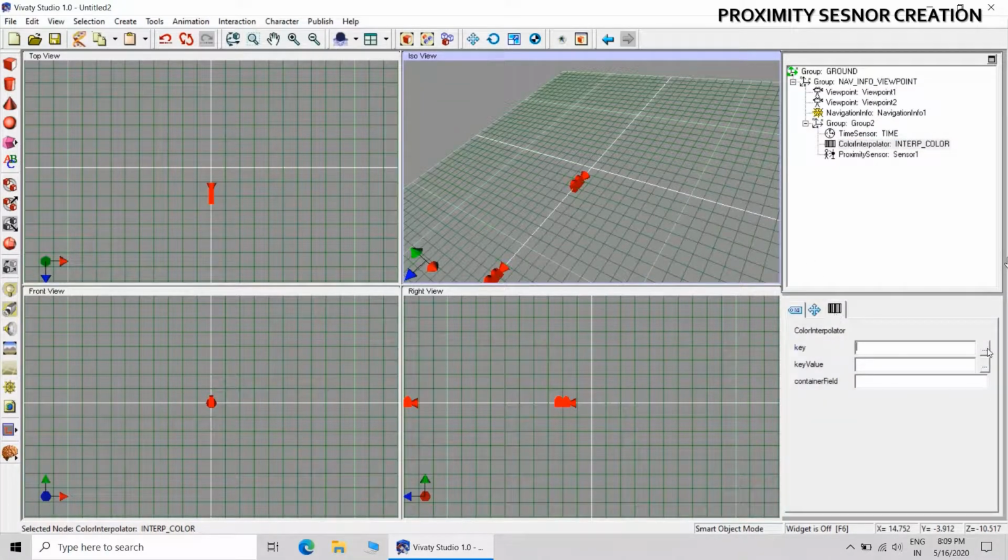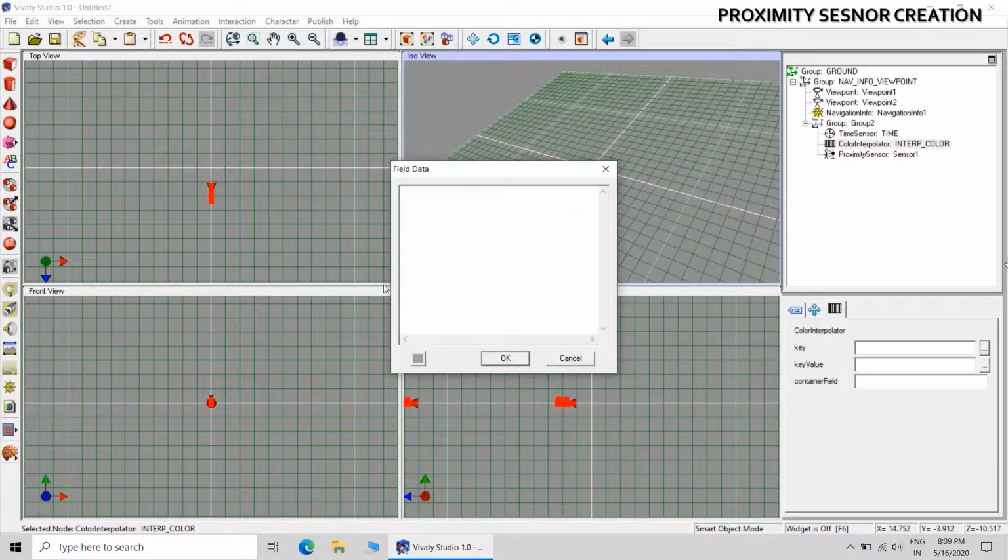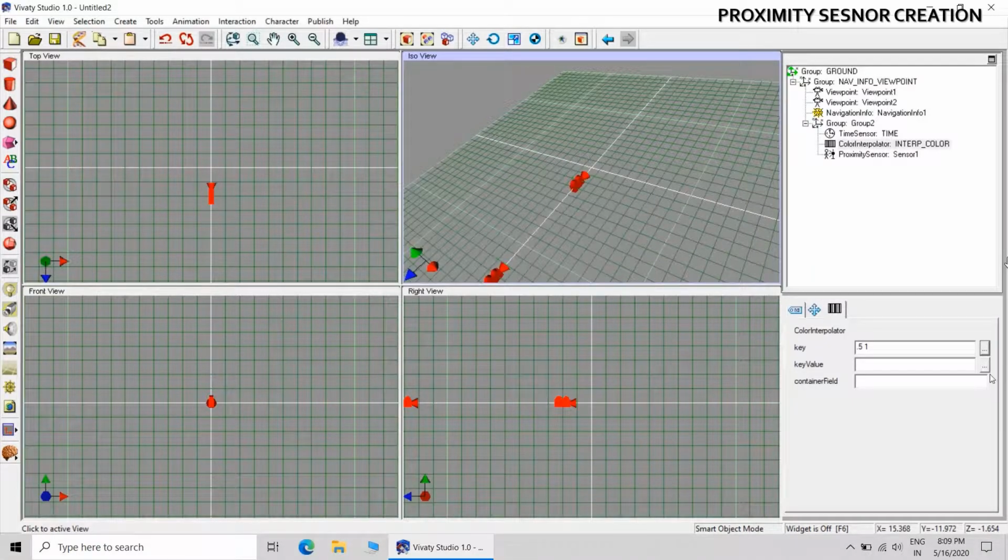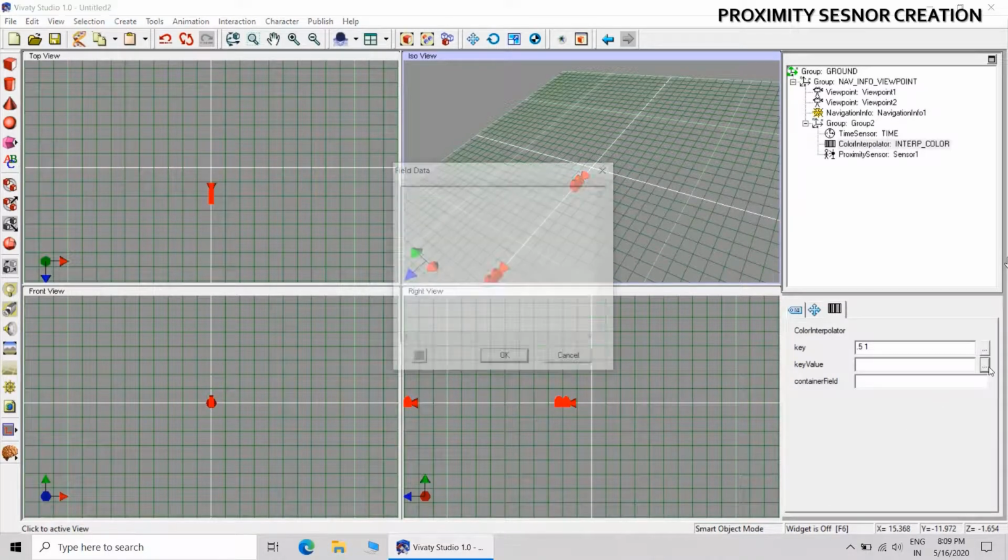Then key value will be 0.5 and 1. So it means that at every 0, 0.5 and 1 second there will be change in the color, and the cycle will be of 2 seconds.